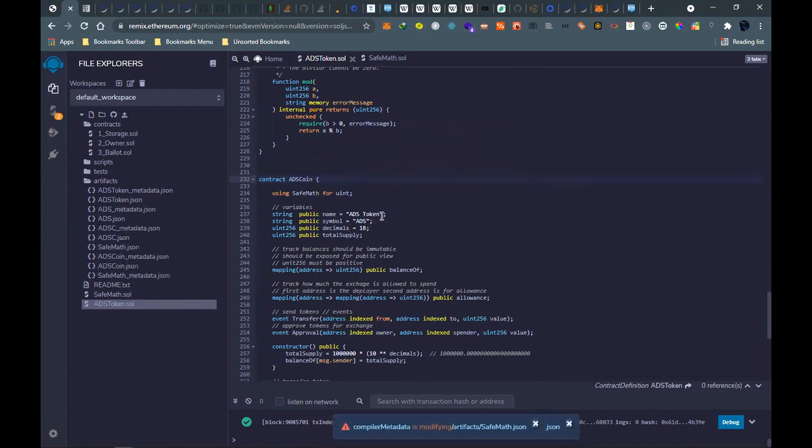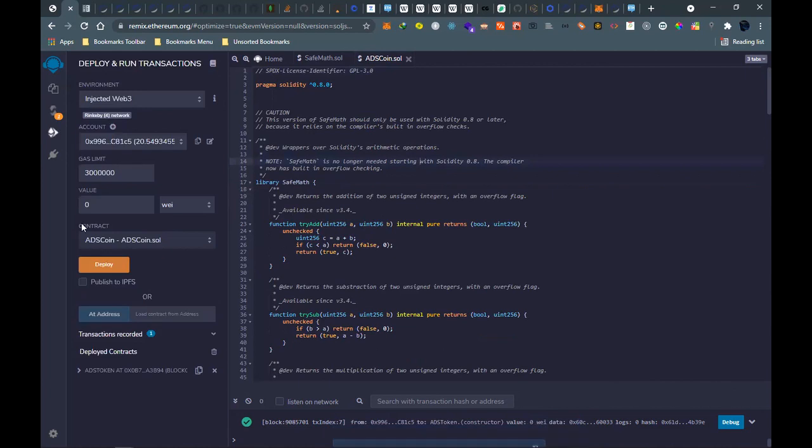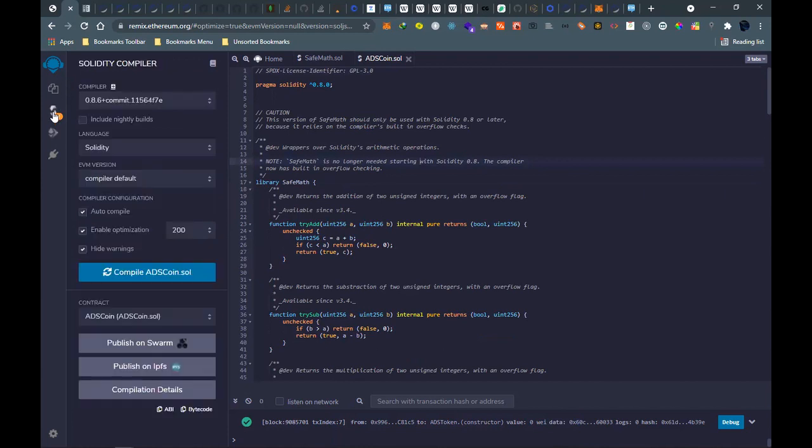Then coin. So then as we deploy, okay. Optimize compiler version.